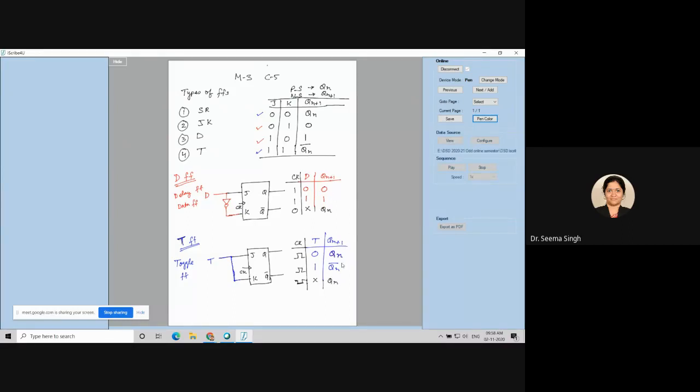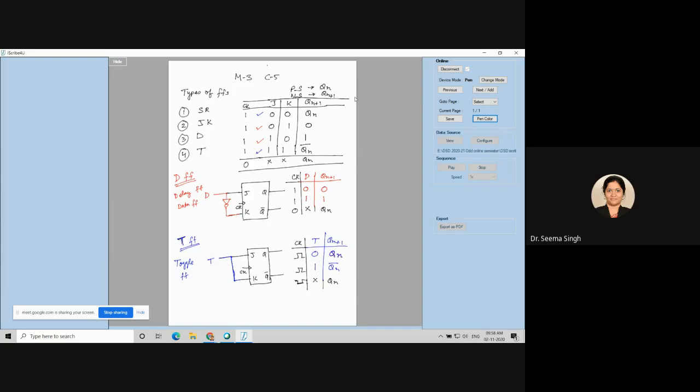So you will have two memory states, the way you used to have two memory states in the JK flip flop and SR flip flop also. Here I have not shown the clock part. If you want to show the clock part, you have to show it like this. All of this is 1 1 1, and if the clock is 0, J and K become don't care, and it starts behaving as a memory. So this is the case when the clock is 0.